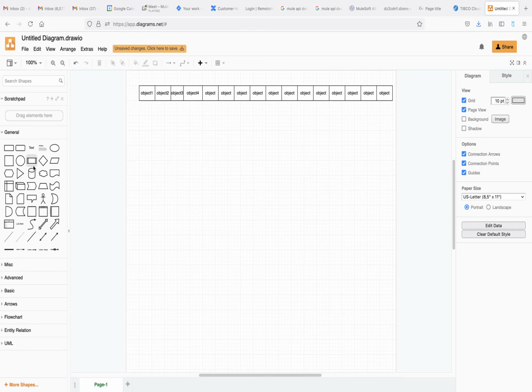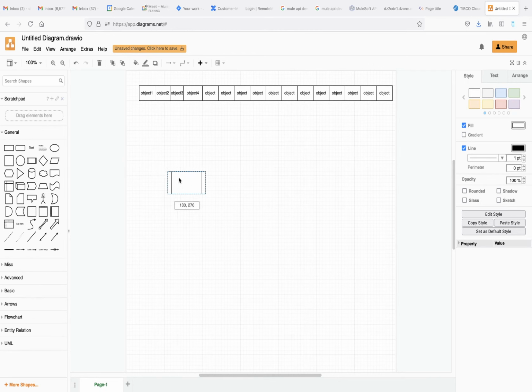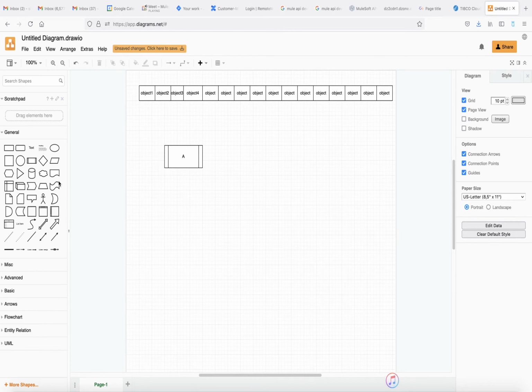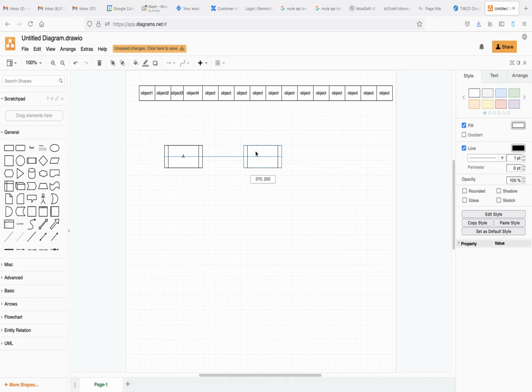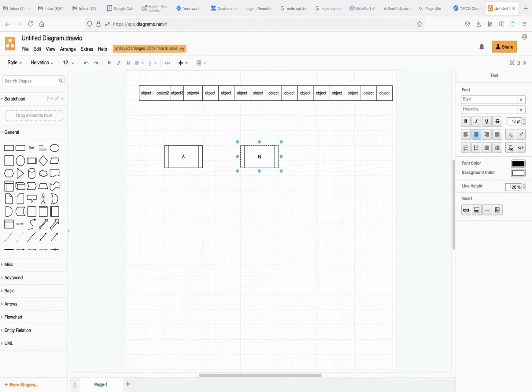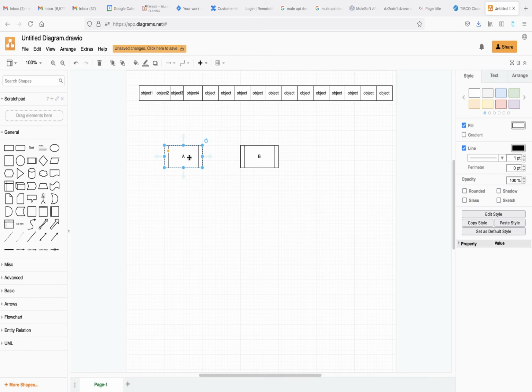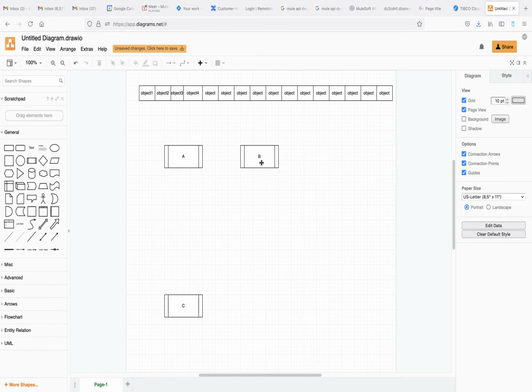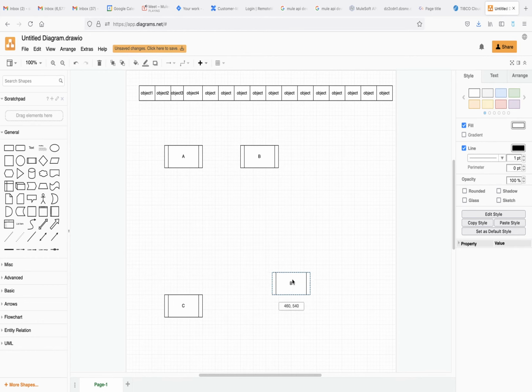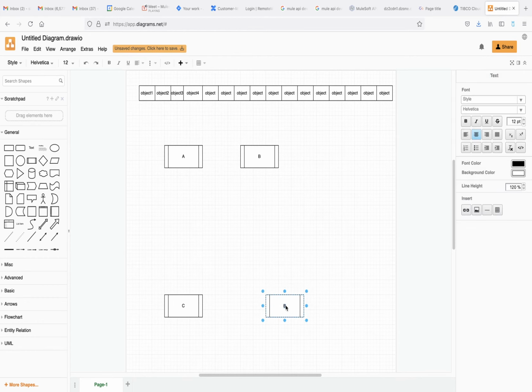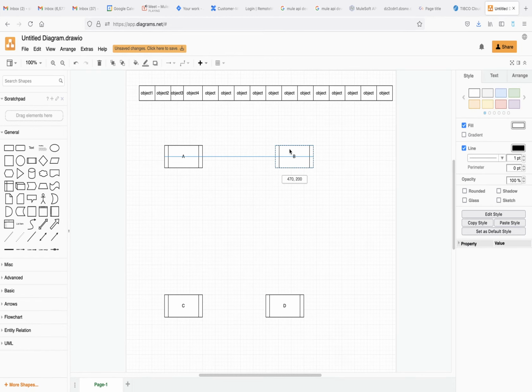For example, in our API development we have external systems: external system A, external system B, external system C, and external system D. So we have 4 external systems.